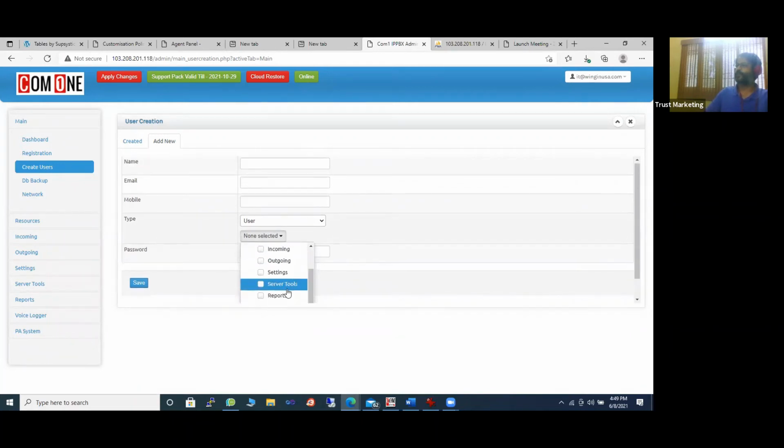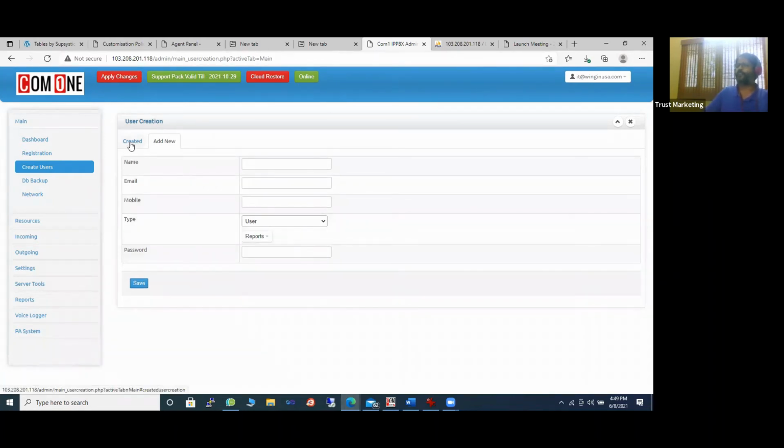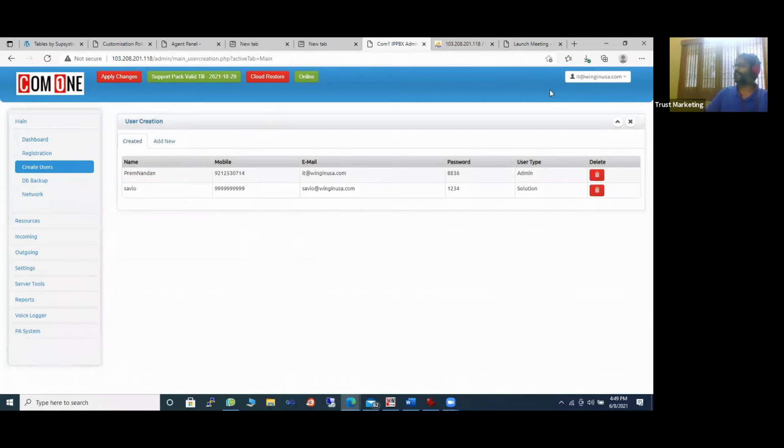If you want someone to listen to only the voice logger, you just save it, and then he'll be able to listen only to the recordings of the messages. Or if you want him to analyze only the CDR, you'll be able to do it. Or if it is admin, everybody can access that. Okay, so that's about user creation, and the created users are mentioned over here.